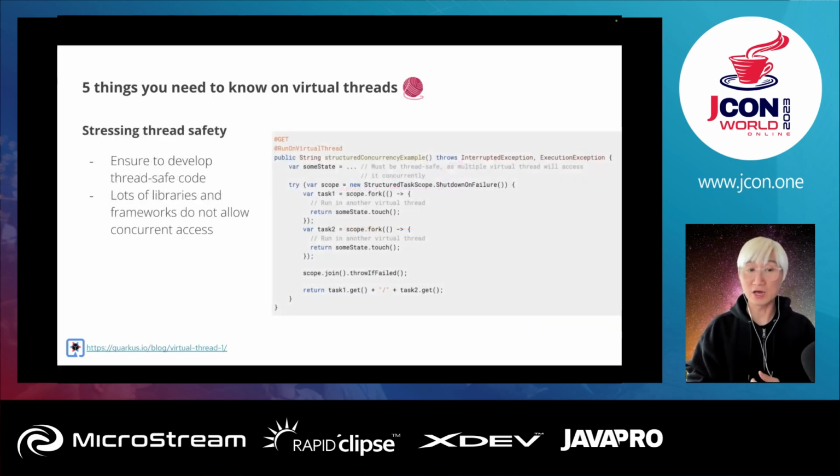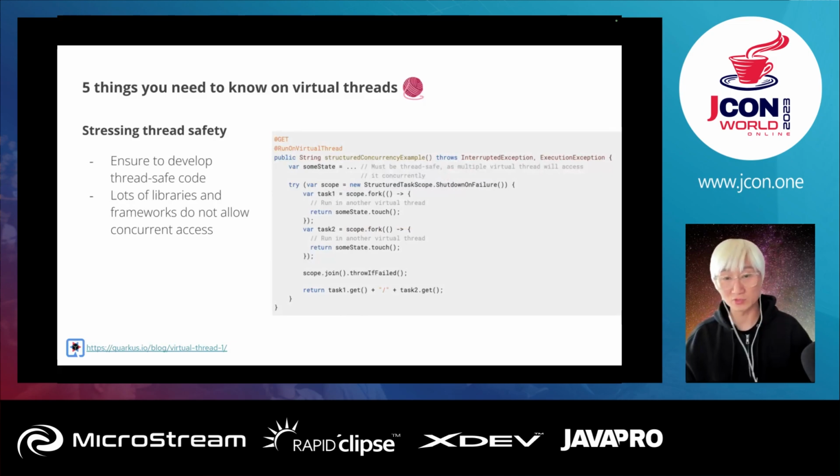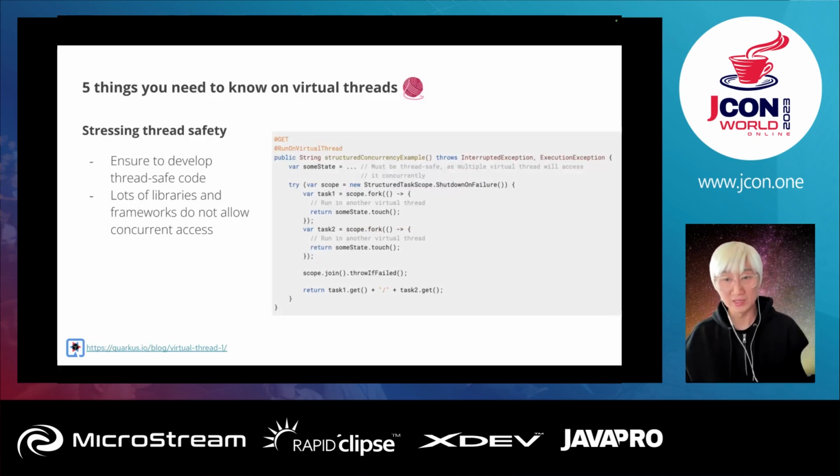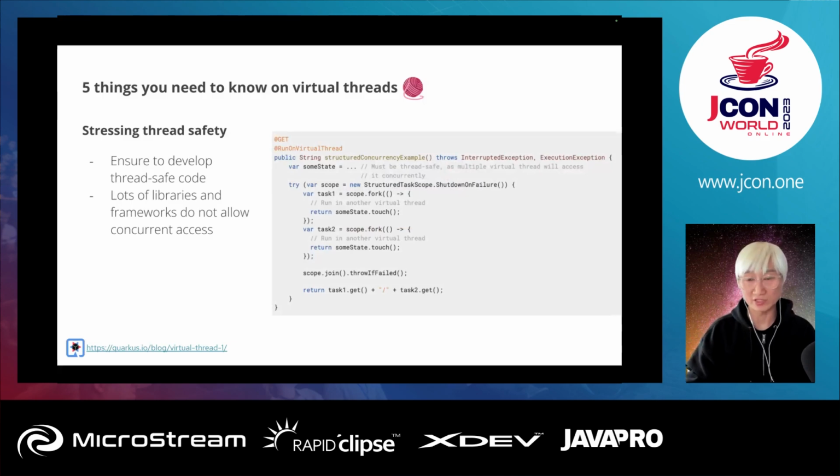And another thing is thread safety. Just imagine that virtual threads fit concurrent applications, which means you can split multiple tasks at the same time in parallel, and then combine the results. For example, Java 21 introduced the structured concurrency API, which allows you to split multiple tasks and join them again for the result. For example, you can fork